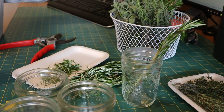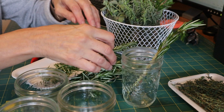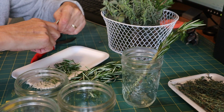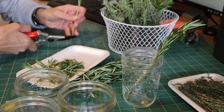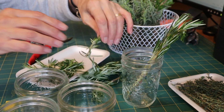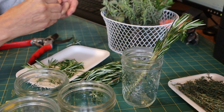But yes, some of the ones that I have currently in this little bundle, one or two of them are starting to root already, so it's a good sign. So, that one's broken at the bottom, but